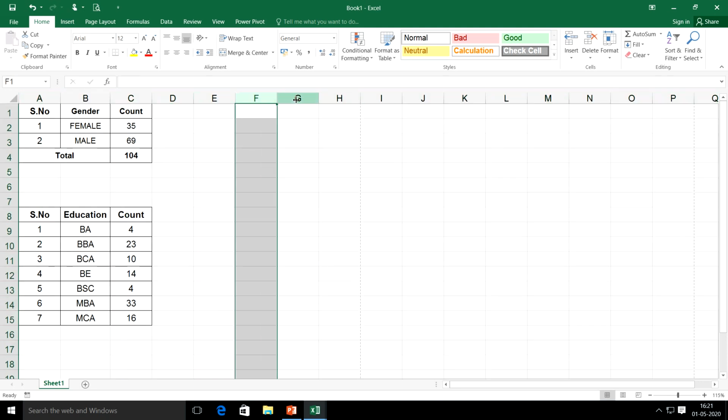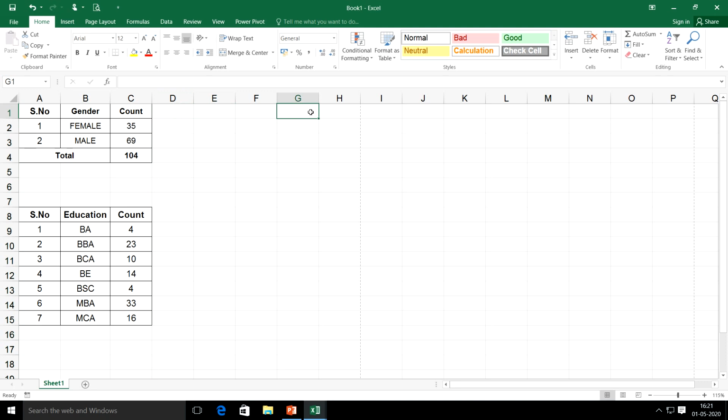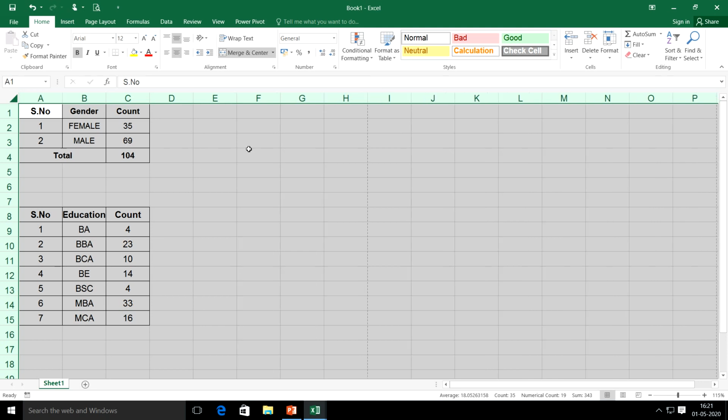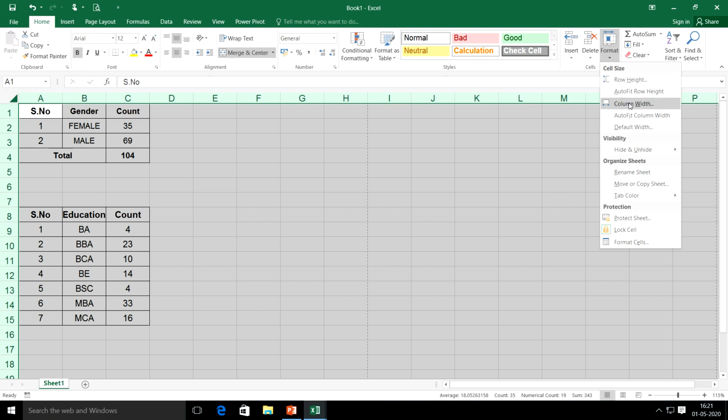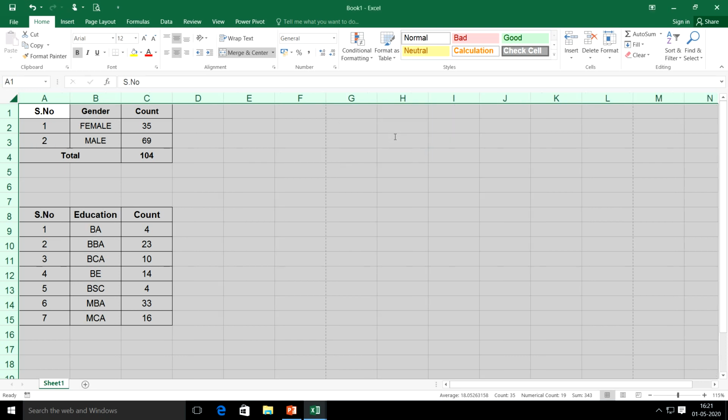Then coming to the column width. Each of these columns has a separate width. If I am willing to give a uniform width for all the columns, the same way I can select all, then I can go anywhere on this joining line, then I can adjust the column width to 100. If I am not comfortable with doing this, I can go to this format menu. There I can see column width. There I can keep it as per I want, right? So this way you can either increase the column width or row height.